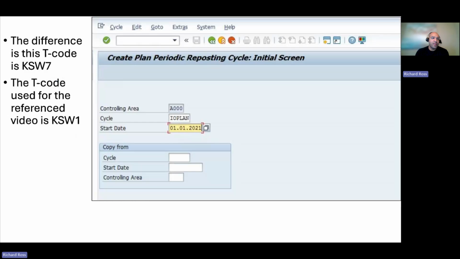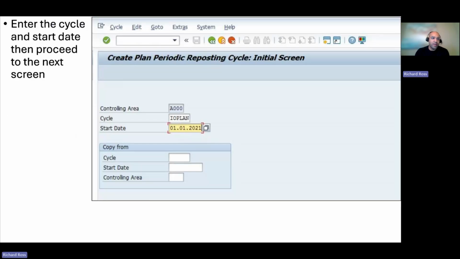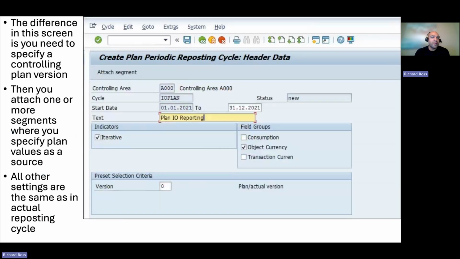The difference is this T code is KSW7. The T code used for the reference video is KSW1. Enter the cycle and start date, then proceed to the next screen. The difference in this screen is you need to specify a controlling plan version. Controlling plan version. Then you attach one or more segments